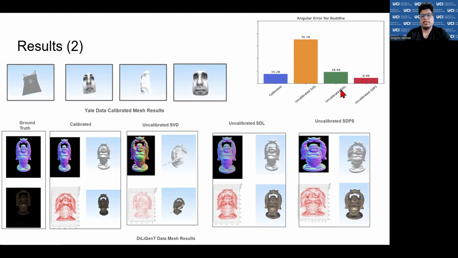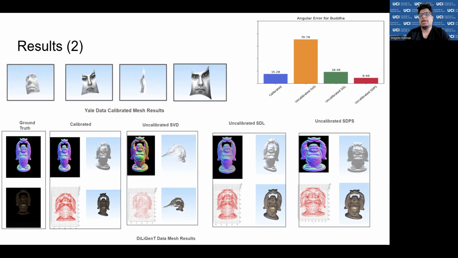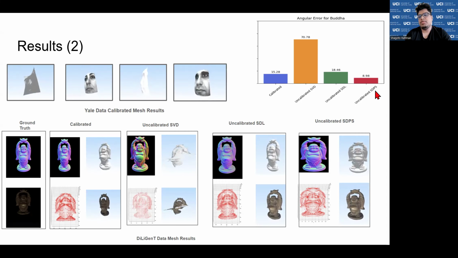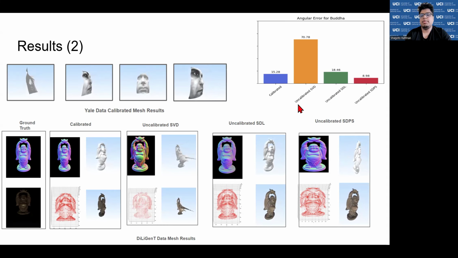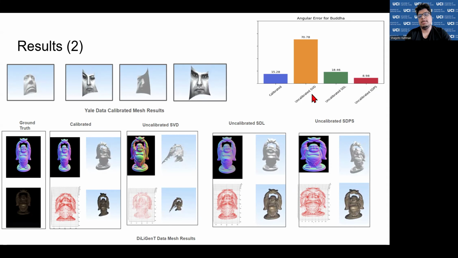So from my analysis, we can see that the uncalibrated versions with deep learning models can do really well, and at times even better than the calibrated ones. For example, the singular value decomposition is far from reality because of the